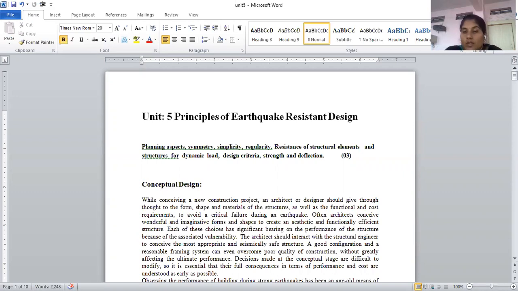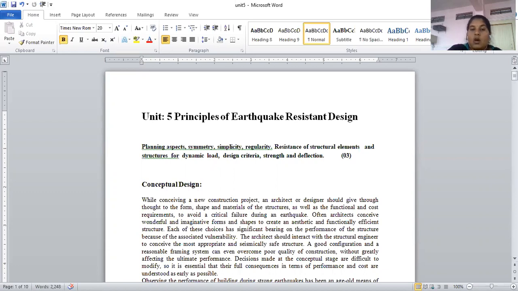Okay, that load of slab is transferred towards the beams and walls, and again from beams to walls towards the column, and again that load is transferred towards the foundation. So that is the continuous load path. So conceptual design is nothing but we have to take care about the loading conditions from top towards the bottom portion. According to that we have to increase the structural integrity between all the components of the building.